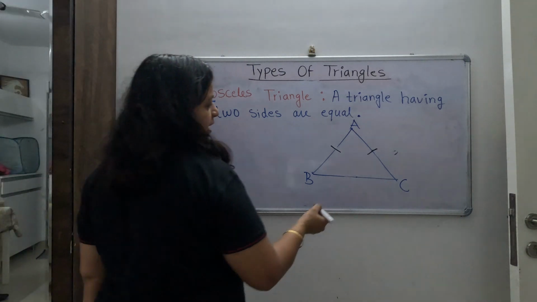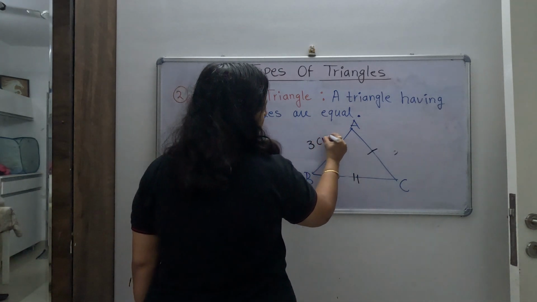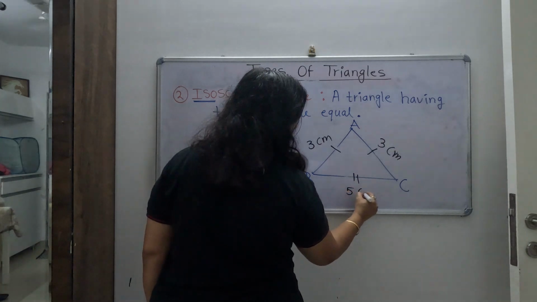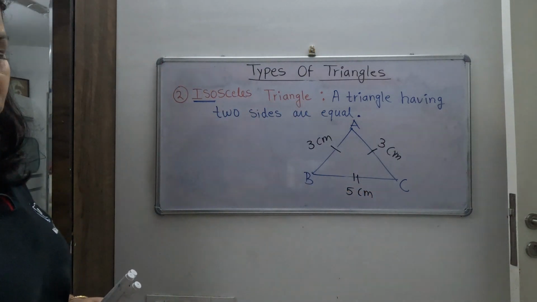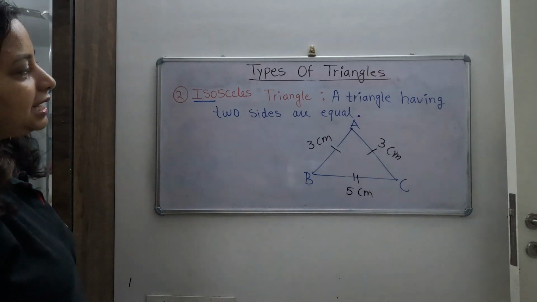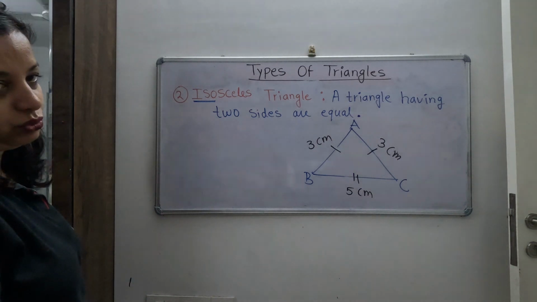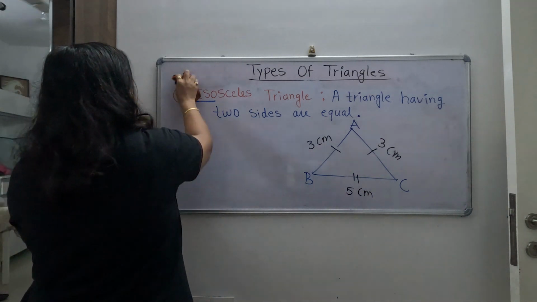So an isosceles triangle has two sides equal. Suppose this is 3 centimeter, AC is also 3 centimeter, and this is 5 centimeter. Now you can see the difference. A triangle having two sides equal is called an isosceles triangle, because iso means two. So two sides are equal. Now third,